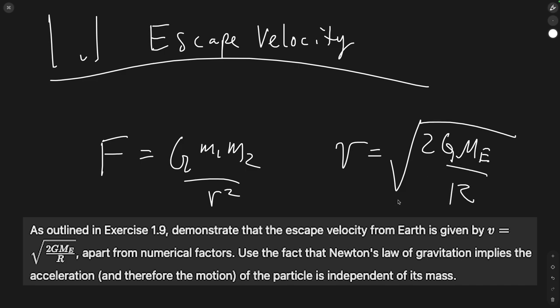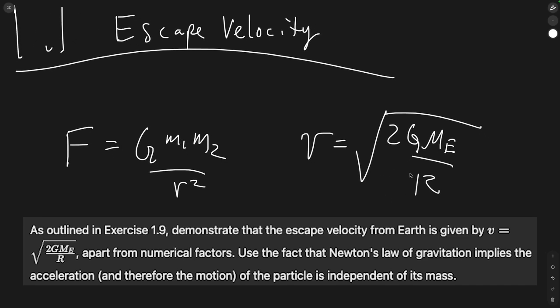And basically the question is, how would I know, using purely dimensional analysis, to use m, the mass of the Earth, and not the mass of the object that's escaping Earth's orbit? You know this because the acceleration, and therefore the motion of the object, doesn't depend on the mass of the